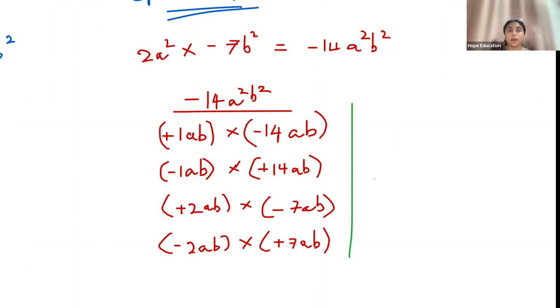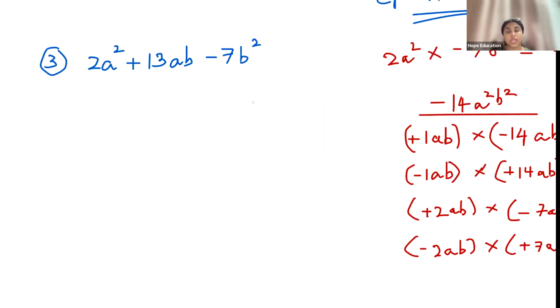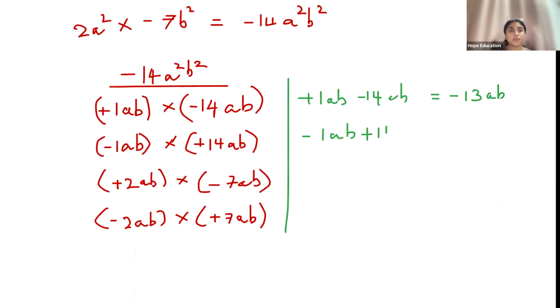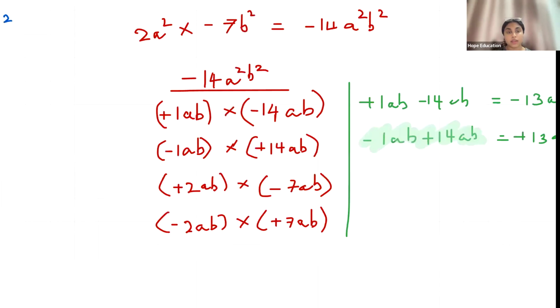What do you want here? Plus 13ab. Minus 1ab plus 14ab, we get plus 13ab. That is what we want, because here we have plus 13ab. See? Minus 1ab plus 14ab. So here 2a squared